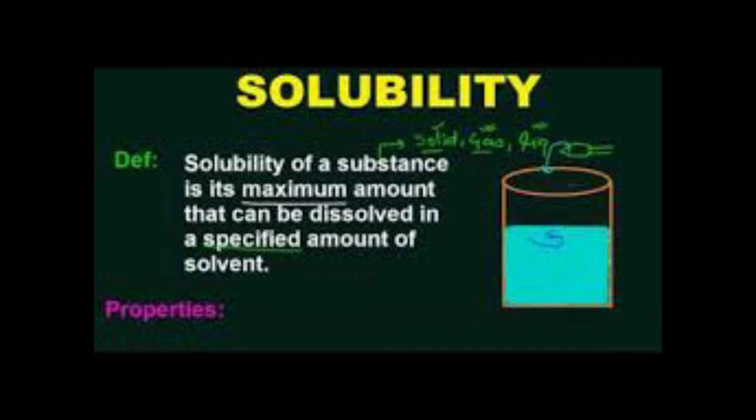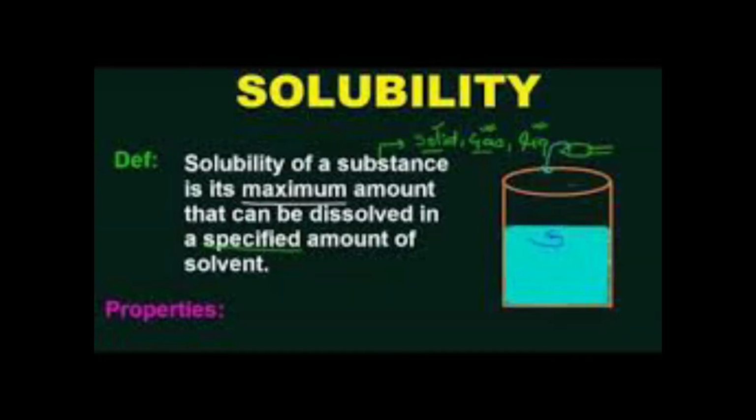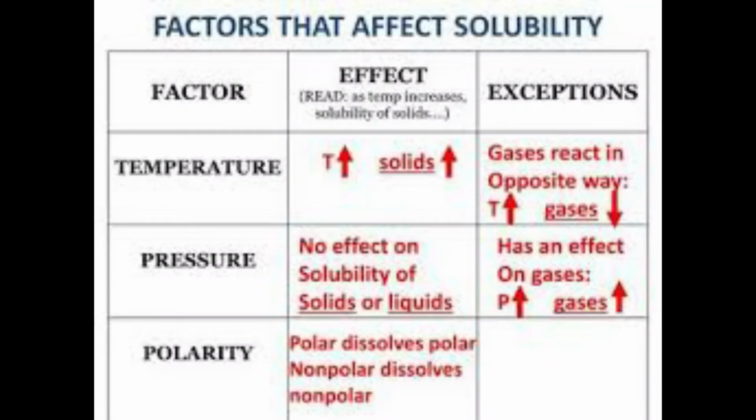Now we are going to see what are the factors affecting solubility. The first one is temperature, and pressure; these are the two important factors which affect solubility. The solubility of solids in liquids usually increases on increasing the temperature and decreases on decreasing the temperature. Example, if you take a small amount of sugar crystals and add to water, if you just heat the water, after some time more sugar can be dissolved.